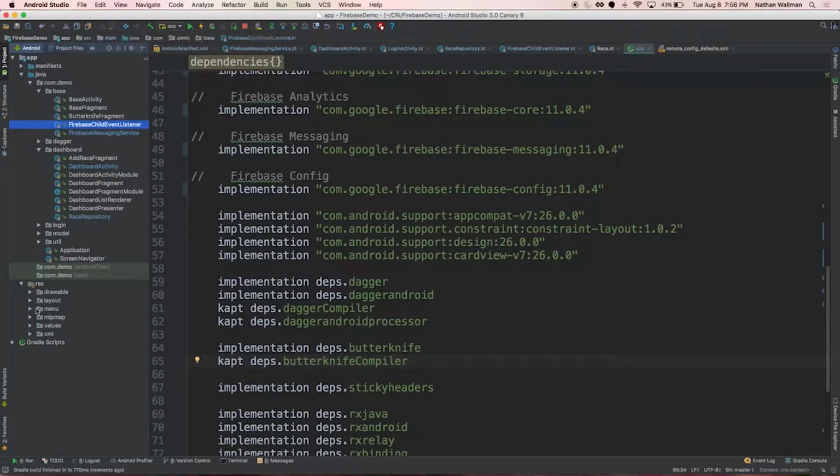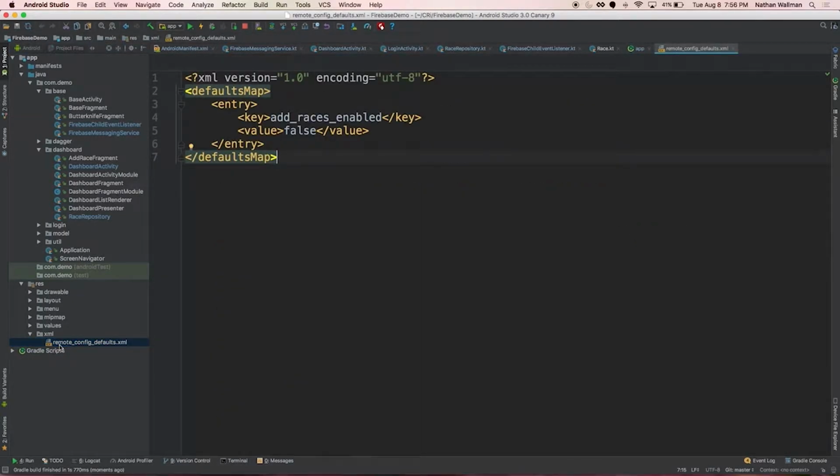So one of the first things you have to do, which I believe I already set up, is a defaults file. So the first time they run your app, maybe for whatever reason they can't fetch this data. So you basically need to apply the default behavior. So we start out with the defaults XML file where you define it. One of the features that I wanted to show is enabling or disabling that ad race functionality remotely. By default, it's going to be disabled, and I'm going to basically turn that feature on remotely.